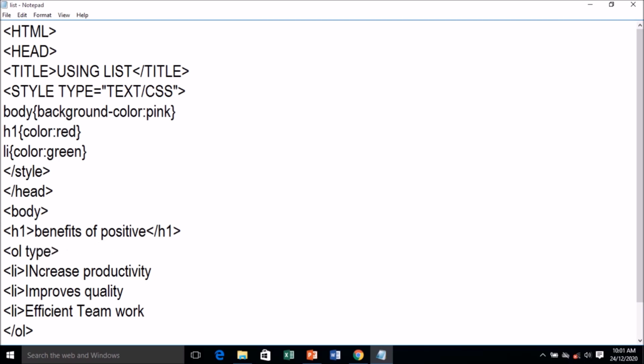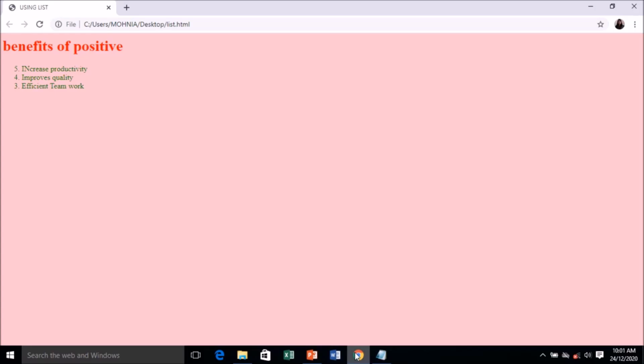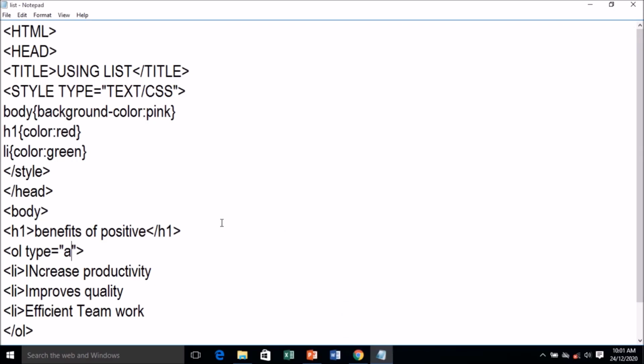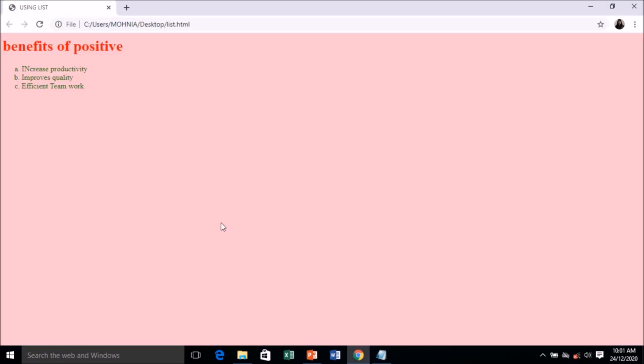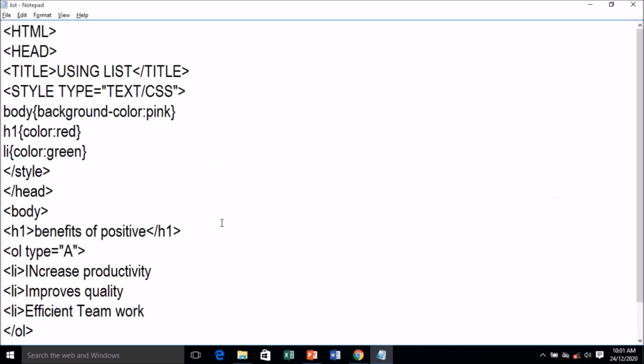So here we'll change the type now. Instead of using 1, 2, 3, we'll use alphabets. Here it has come A, B, C. See, there are different types for defining your list. You can use capital A, uppercase, lowercase. In Roman numbers you can write. So we are writing Roman numbers here now. So here you can change the list.